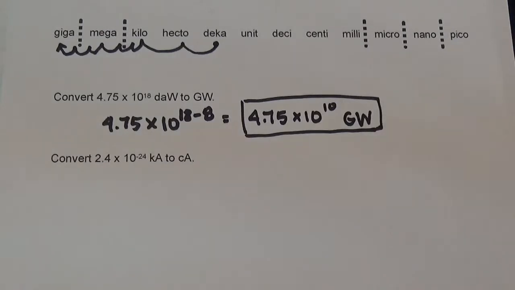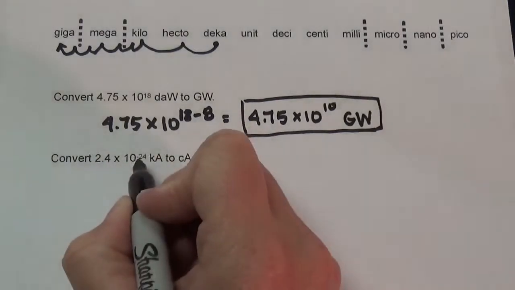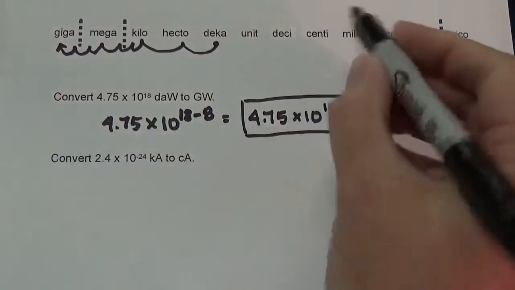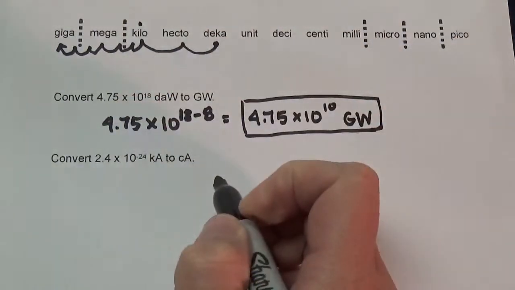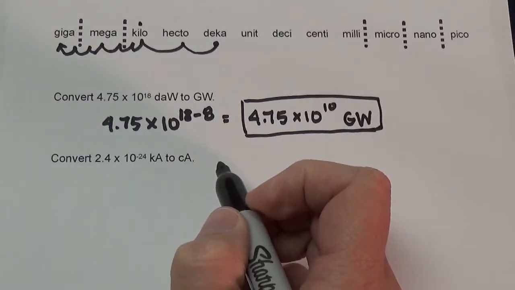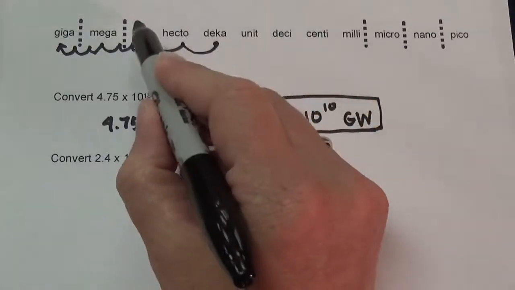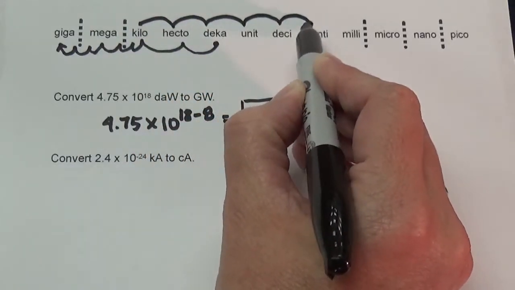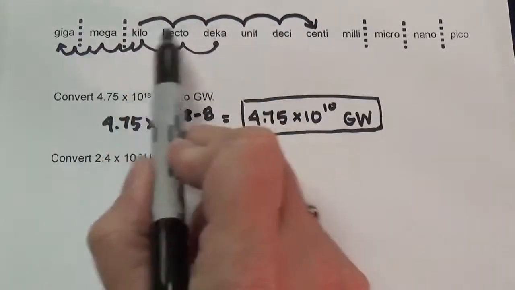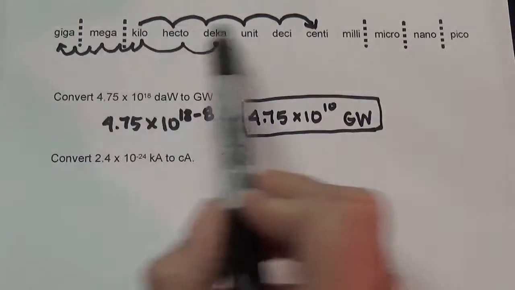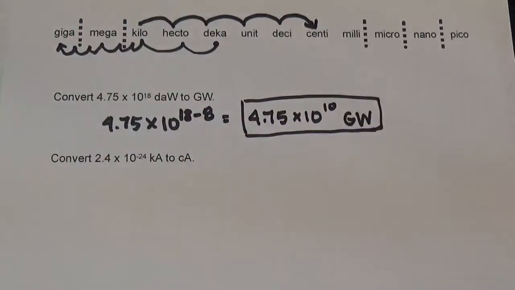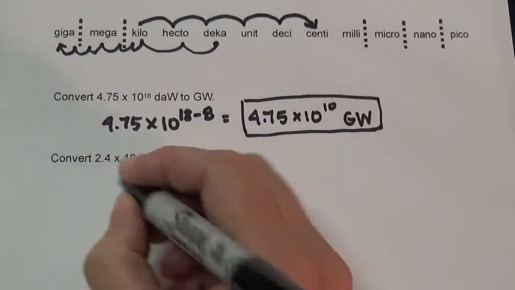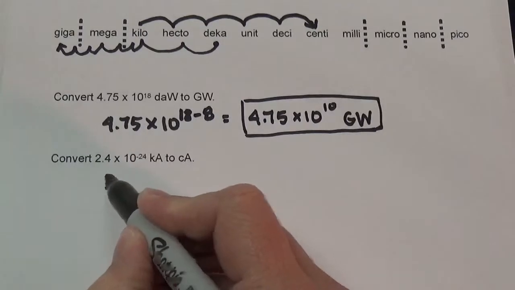All right, then the next one, 2.4 times 10 to the negative 24th kiloamps to centiamps. Kilo is here. We're going to go from kilo to centi. So we'll go 1, 2, 3, 4, 5 places to the right. Notice I don't have to move 3 for any of those because I never am outside of the ones that have the dotted lines. So 1, 2, 3, 4, 5 places to the right, starting with 2.4